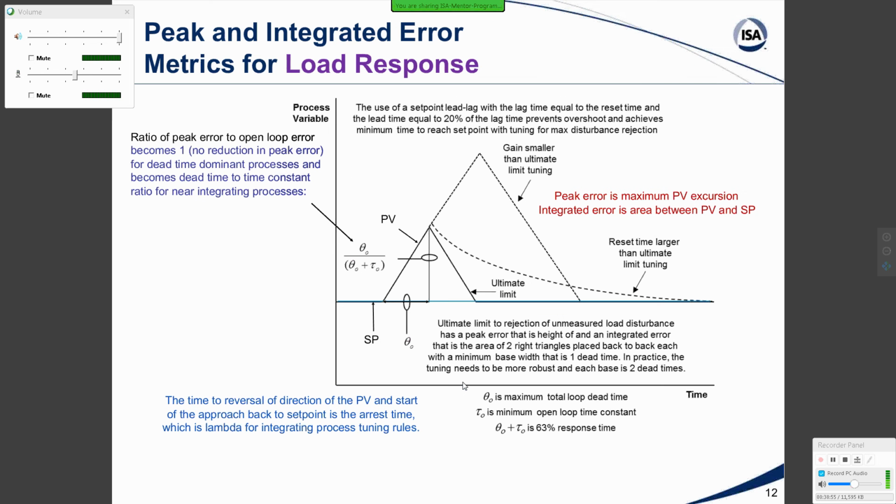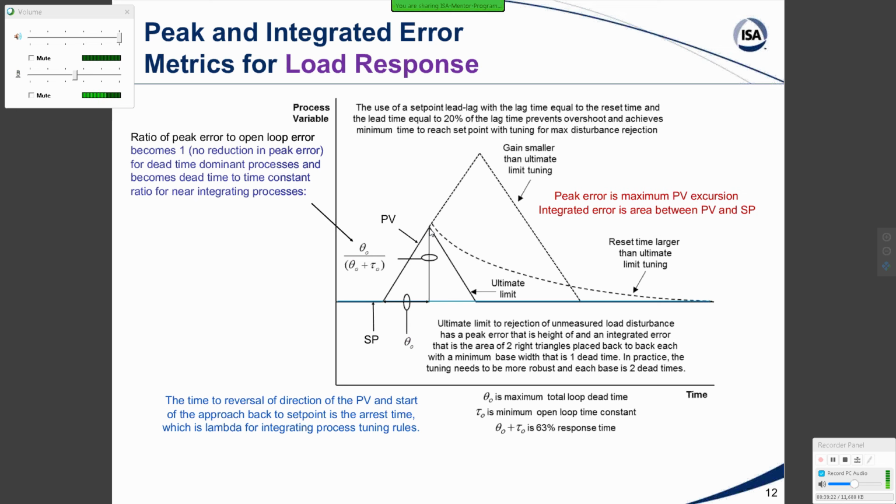The time to reversal of the direction of the PV, that's right here, and start of the approach back to set point, is the arrest time, which is lambda for integrating process tuning rules, which is why we like to switch to integrating process tuning rules when we have a near integrating process where we have a very large time